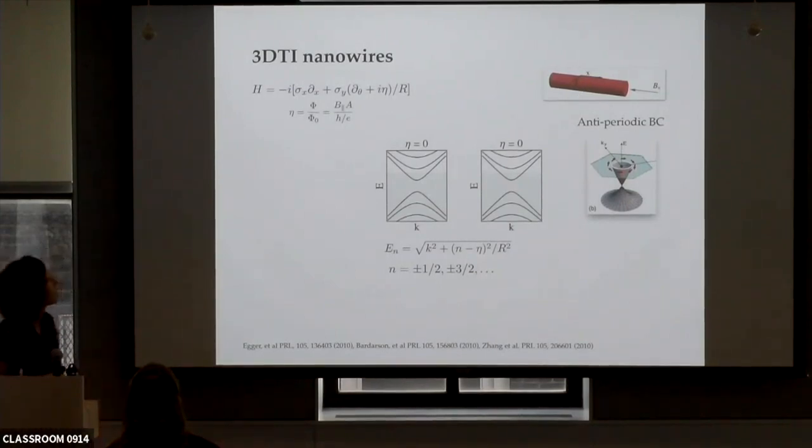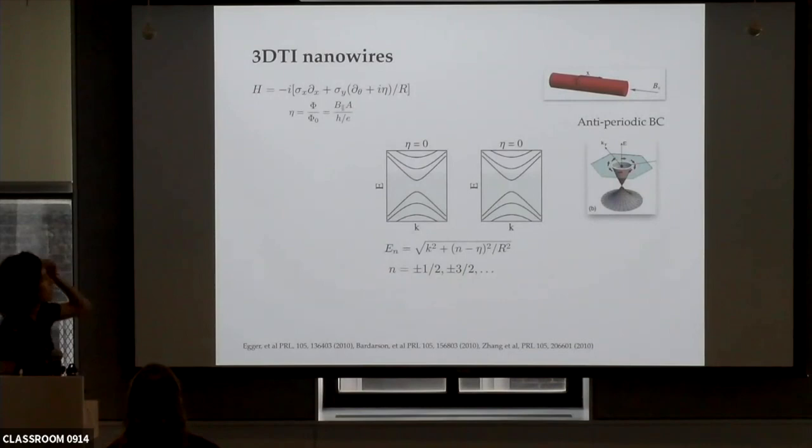It turns out that the Hamiltonian for this system is really simple. It's very similar to the one that you would have for a flat surface state. But there's one difference, which is that the boundary conditions of the wave functions as they wrap around the wire are antiperiodic. The reason they're antiperiodic is because of spin momentum locking. Basically, if you take a path around the wire, the spin rotates, which gives you a pi Berry phase. So angular momentum is quantized in half-integer units, and that's very important here.